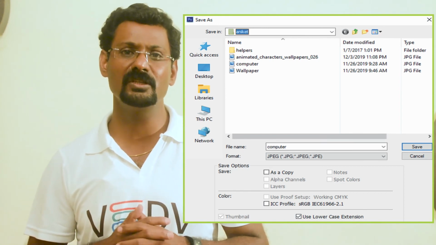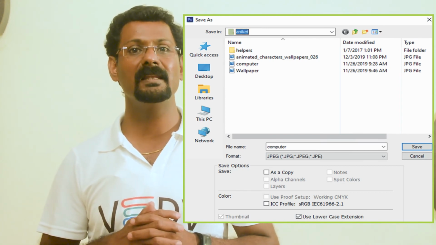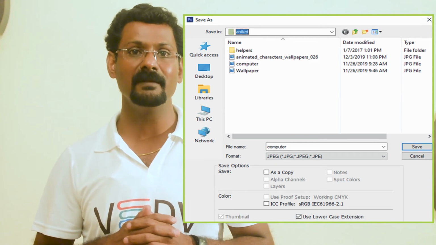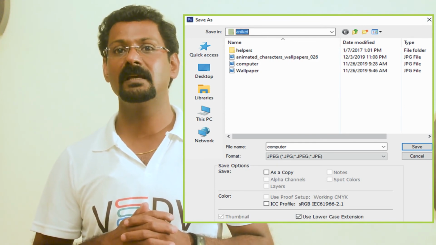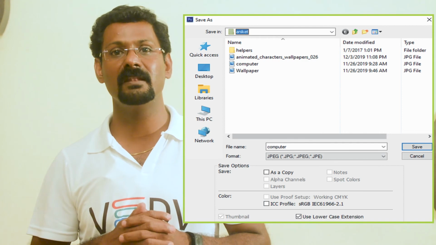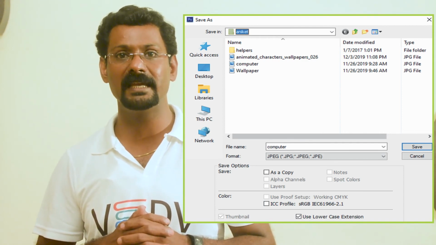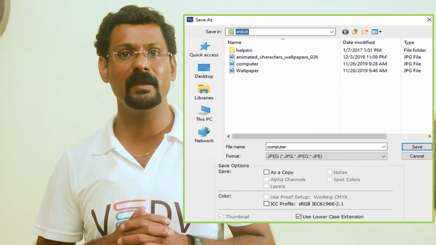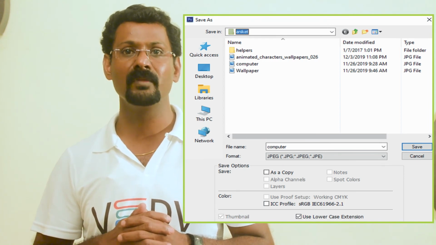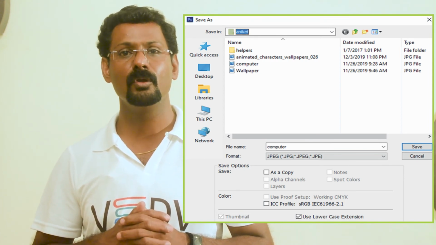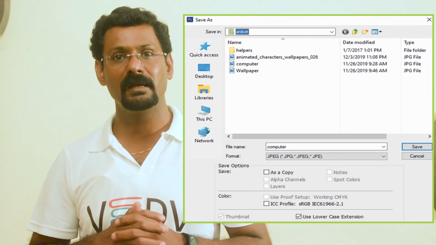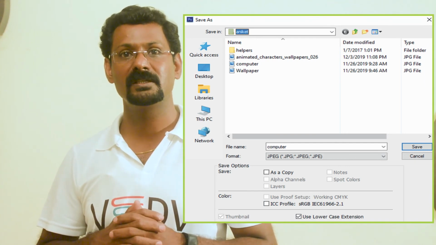The default extension of a Photoshop file is .psd. Photoshop files can also be saved in another image format like .jpg, .gif, .tif, .bmp, .png, etc. If you want to upload your image on a web page, the file will be saved as a web feature.